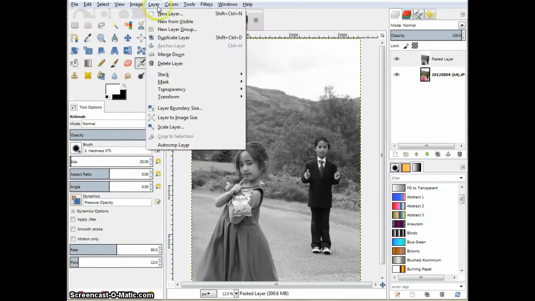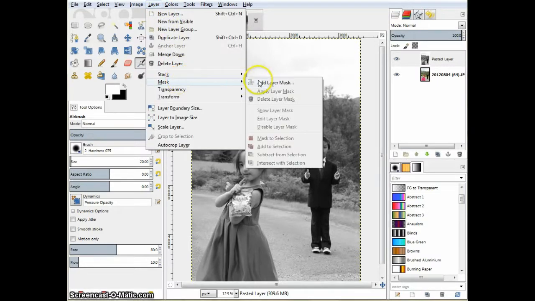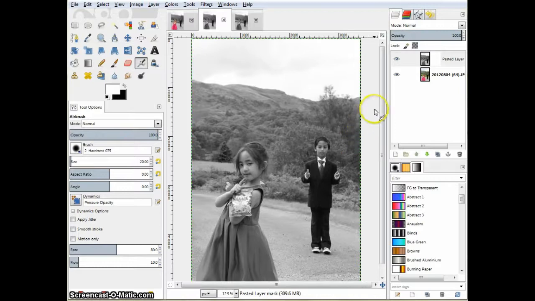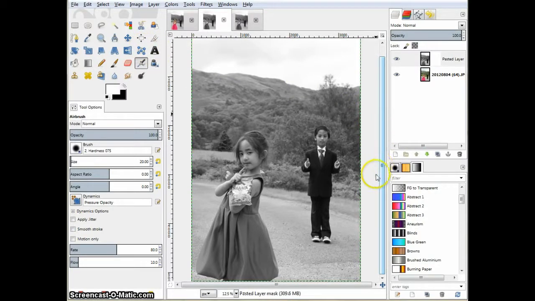On top of that layer, the grey layer, we're going to add in a layer mask. Now this is basically going to allow us to cut holes through that grey layer to reveal the colour photo which is appearing underneath, and so it's a really easy effect to do. So let's add that on top, and now I'm going to use this tool up here,